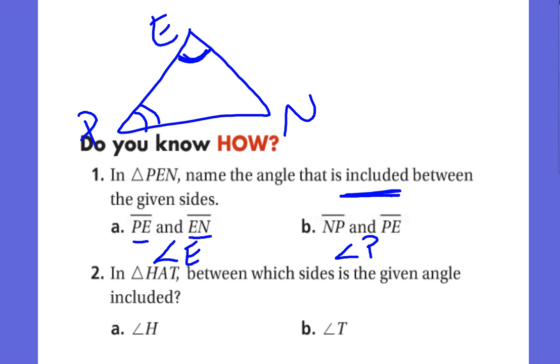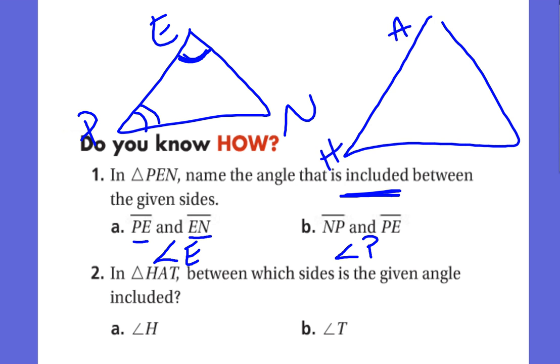All right, what about when we want to do an included side? Or, I'm sorry, which sides are made by this included angle. So it says between which sides is the given angle included. So let's draw another triangle. We'll draw a triangle for hat this time. So H, A, T. And it says between which sides is the given angle included. So where is H? Well, H is right down here. So basically you're asking yourself what two sides create angle H? Well, we end up seeing that we have AH creating H with TH. So our connection here is AH